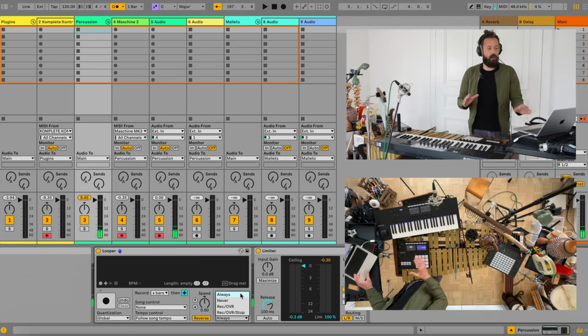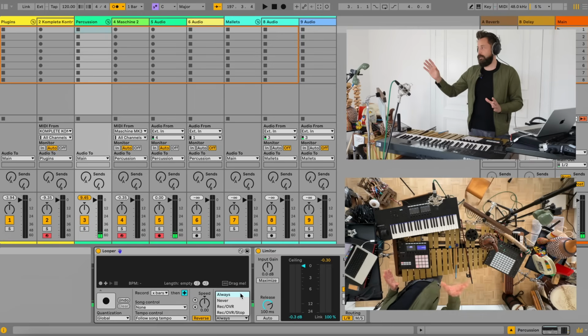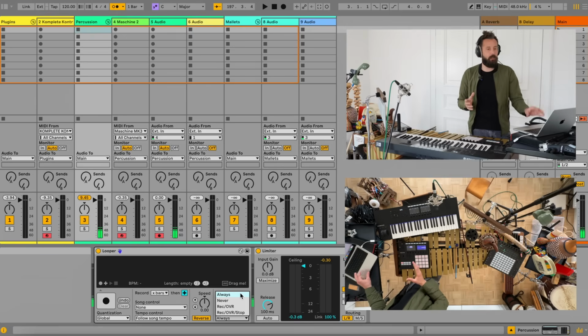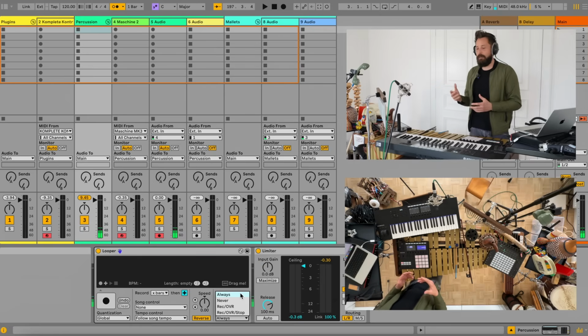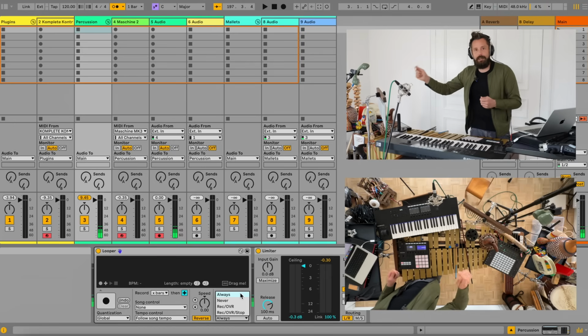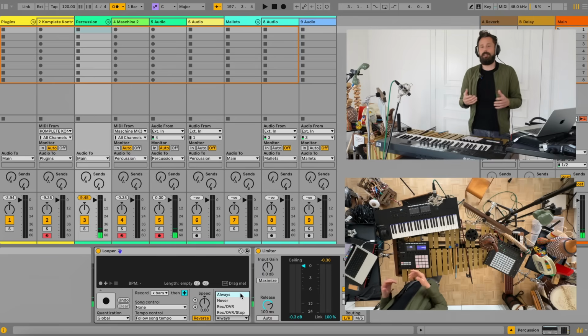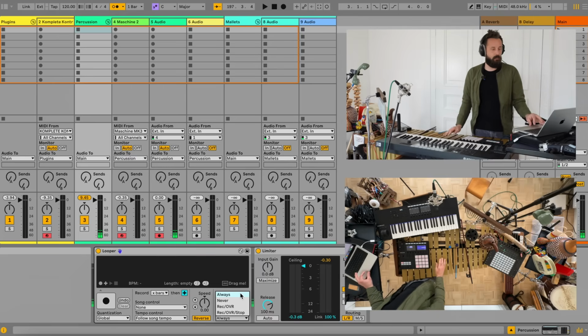Always means I always hear every signal, I hear the microphone input and I hear the machine and stuff, no matter if the loop is playing or not, which I prefer because if I recorded some loop that repeats all the time, I might even during a live case want to improvise through the microphones or improvise some beat things that I don't want to record to the loop, which means I need to hear that stuff always.